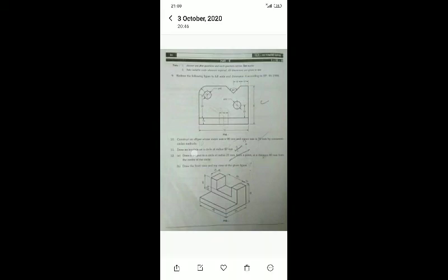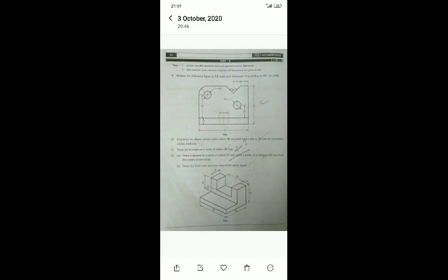Now in the 11th question he has given: draw an involute of a circle of radius 40 mm. So in this involute he may also ask cycloid. Just note it down. In the 11th question you can get involute and cycloid, epicycloid, hypocycloid, like that. Now in the 12th question, draw a tangent to the radius of a circle. This is also something I told you, you may get tangents. As he gave a small question, he gave A and B. Now in the B question 12B, draw the front view and top view of the given figure.